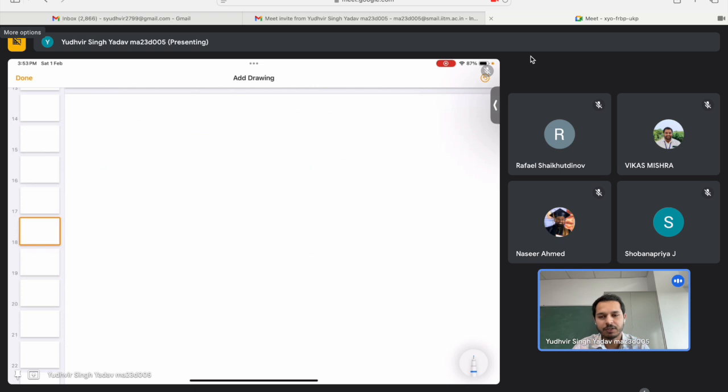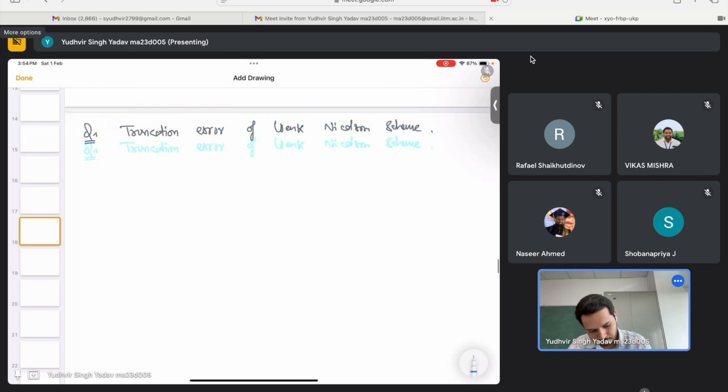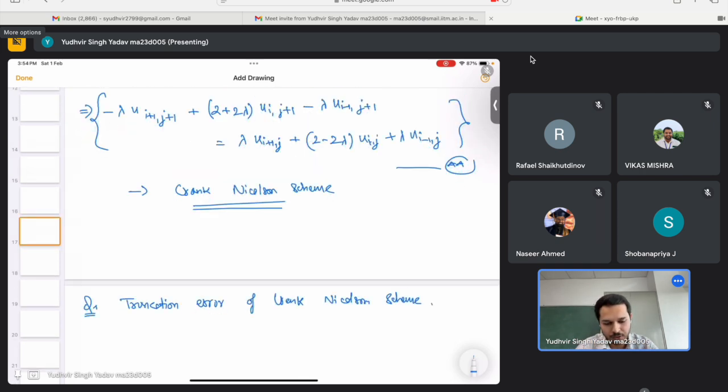Now we will take one problem in which we will try to find the truncation order of the Crank-Nicolson scheme. So this is our scheme. So here we will first write it as we have done in the earlier two cases. Suppose tau ij